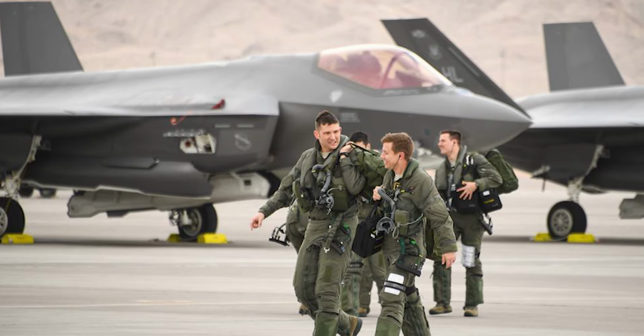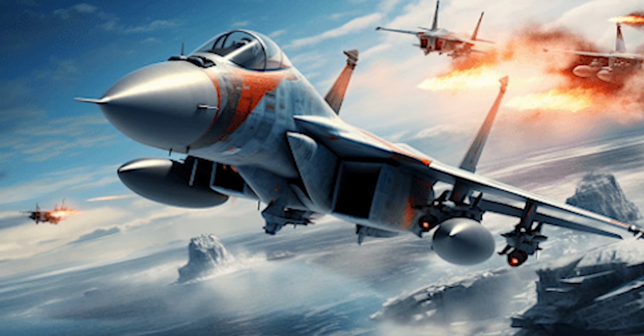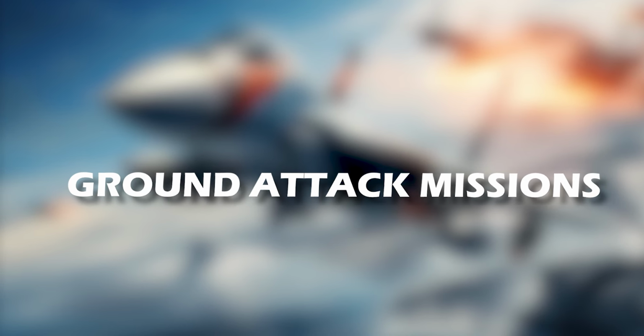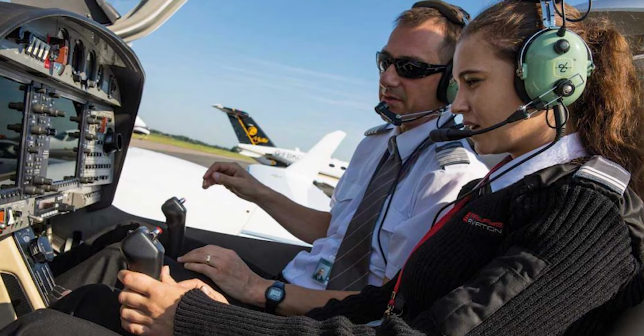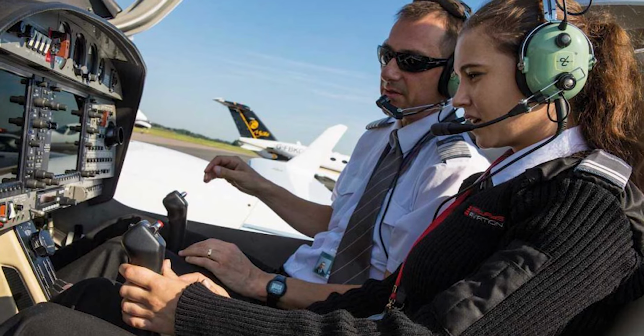Not only was the two-seater Mustang utilized for primary flight training, but it was also employed for advanced tactical training of fighter pilots. Trainers could create different combat scenarios, like dogfights, bomber escort missions, or ground attack missions to help students prepare for aerial combat challenges. By honing their skills with seasoned instructors, pilots can gain the expertise needed to outsmart enemy aircraft